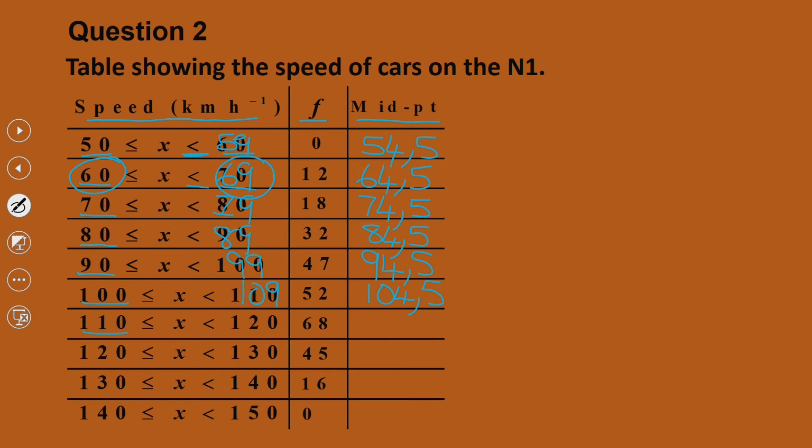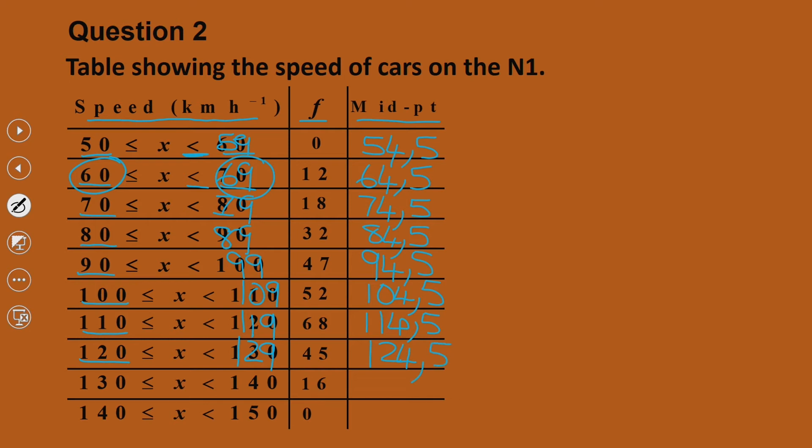Then 110 plus, you have it now, 119, divided by 2, that will give you 114,5. Then 120 plus how much? 129. You are lovely. You're getting this. Then you divide everything by 2. That will give you